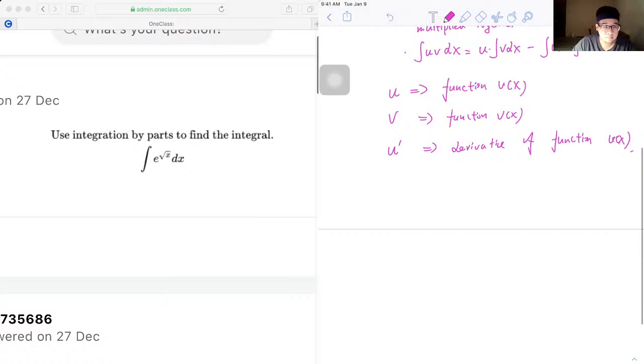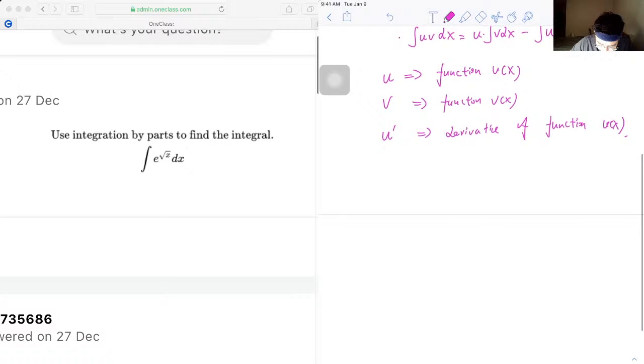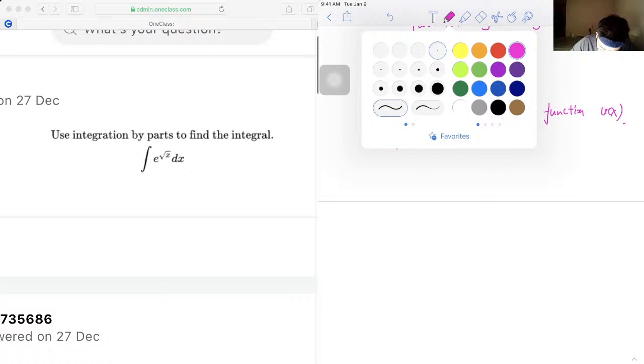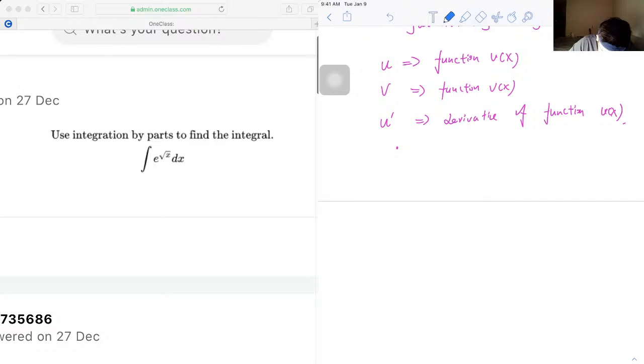And yeah, so let's try with an easy example. If we are asked what is the integral of x cosine x dx,